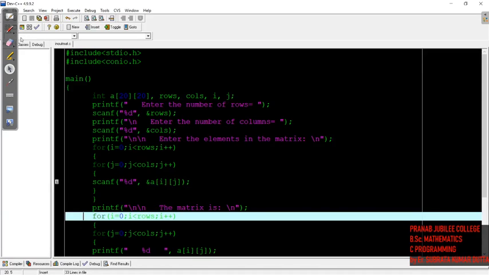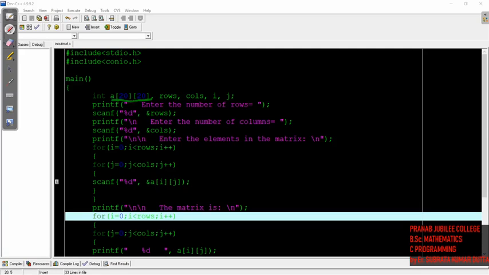So I have already written the program, it's an easy program. I will just discuss it for you. The program is about how we take an input in a two-dimensional array, or you can say in a matrix. For that, the first thing that we need is an array, isn't it? We'll need an array. So I have taken an array of size 20 cross 20, that is the maximum size. Then its name is what?